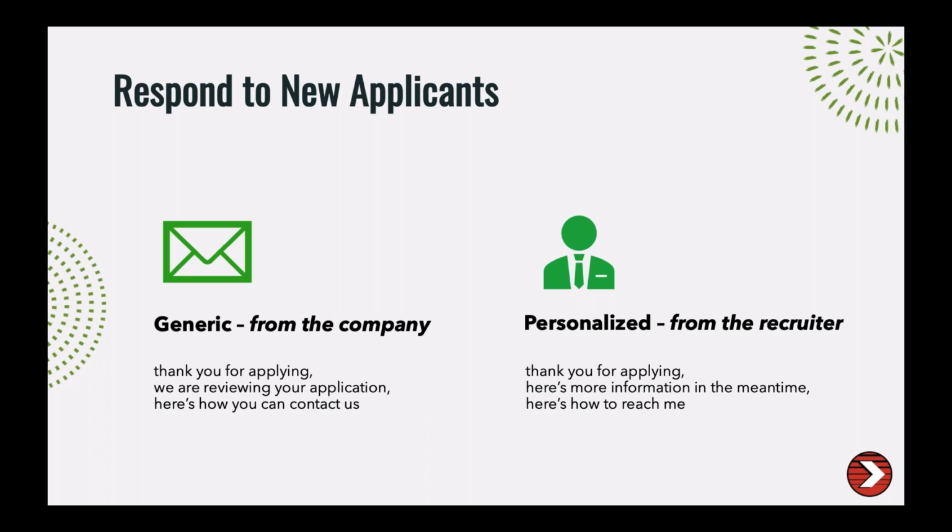So the first thing here with automation is we can set up automation that will instantly respond to new applicants as they come into the dashboard. So you can set up a generic email that will automate out from the company as a whole. So you could set up a generic email that would say, thank you for applying. We're reviewing your application, with some basic information about your company, like a company description or something like that. Or you could set up the email to be more personalized from the recruiter that's going to be assigned to the subject. And it could have the same type of information, but it could have that specific recruiter's contact information,